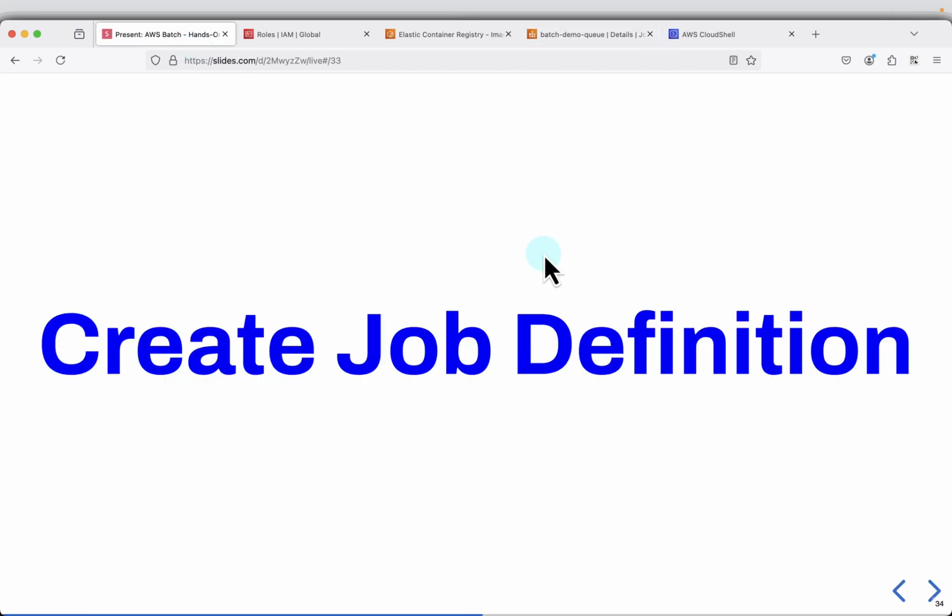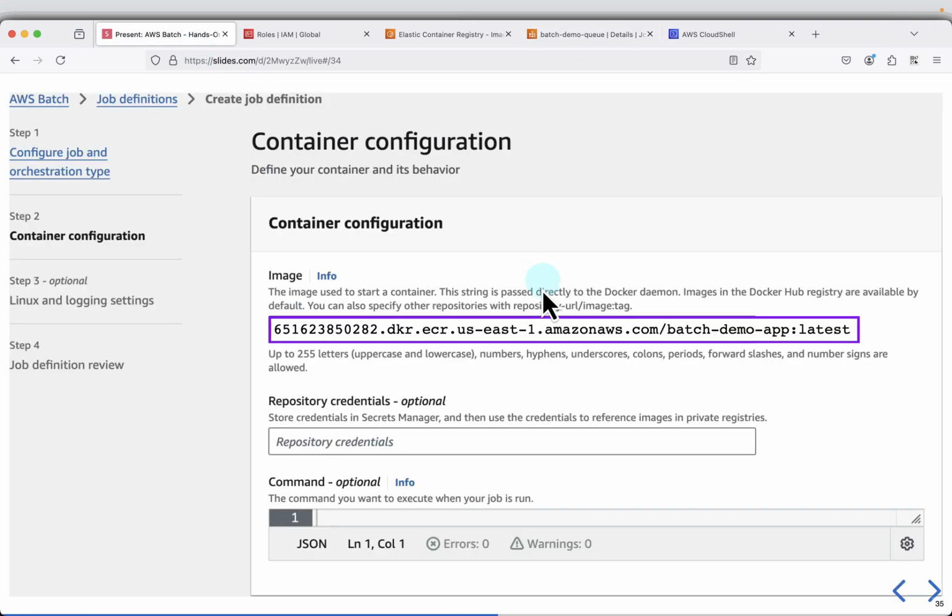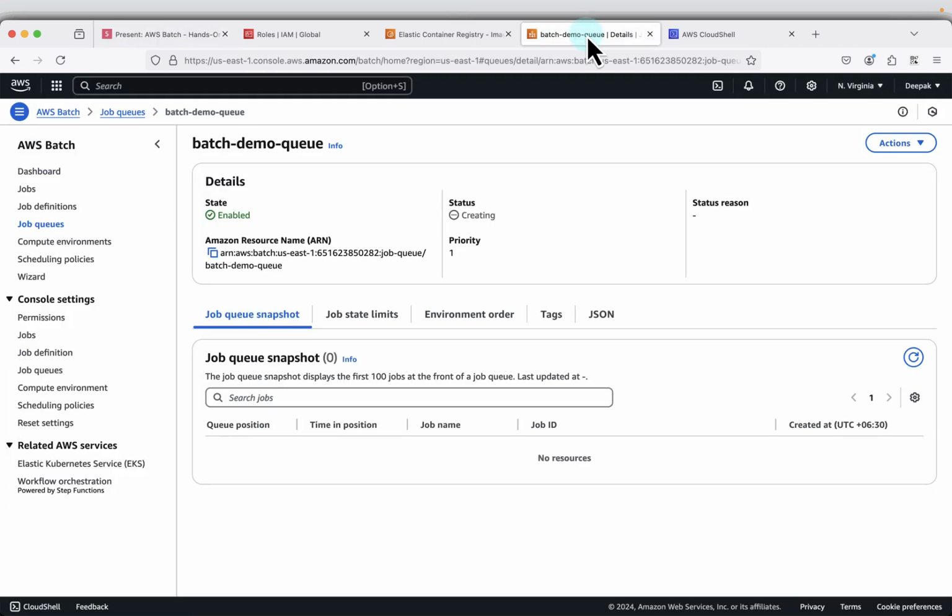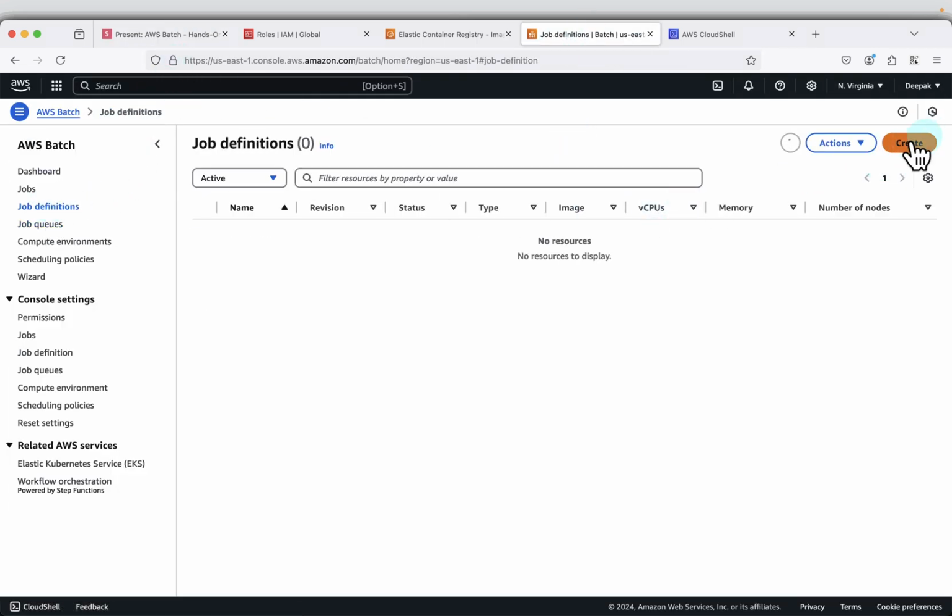Next step is to create a job definition. This one is saying where our image is. Because we are using Fargate, the serverless container service, it will need some image to run. So we are providing the image which we have just created. So I come here and click on job definitions, click on create,